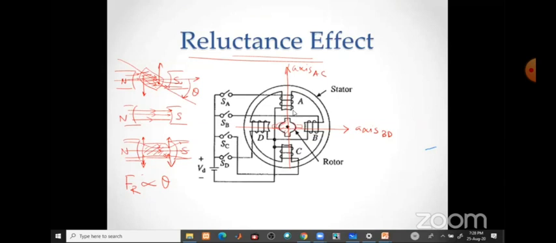Correct. So electromagnetic torque and reluctance torque. So this is the answer. Either you can use the reluctance torque or you can use the electromagnetic torque. So how they can be generated, that can be explained broadly. But in a single sentence, if we are asked to answer that, then we can say by electromagnetic torque and reluctance torque, we can create a motion in an electrical machine. That's all.